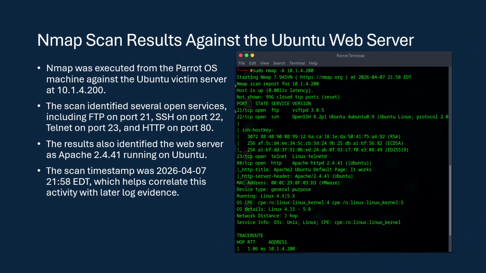The Nmap scan results against the Ubuntu victim server at 10.1.4.200. I ran the scan from the Parrot OS machine to identify exposed ports and services. The scan found FTP on port 21, SSH on port 22, Telnet on port 23, and HTTP on port 80. It also identified the web server as Apache 2.4.41 on Ubuntu. The timestamp is important because it helps us correlate the reconnaissance activity with entries later observed in